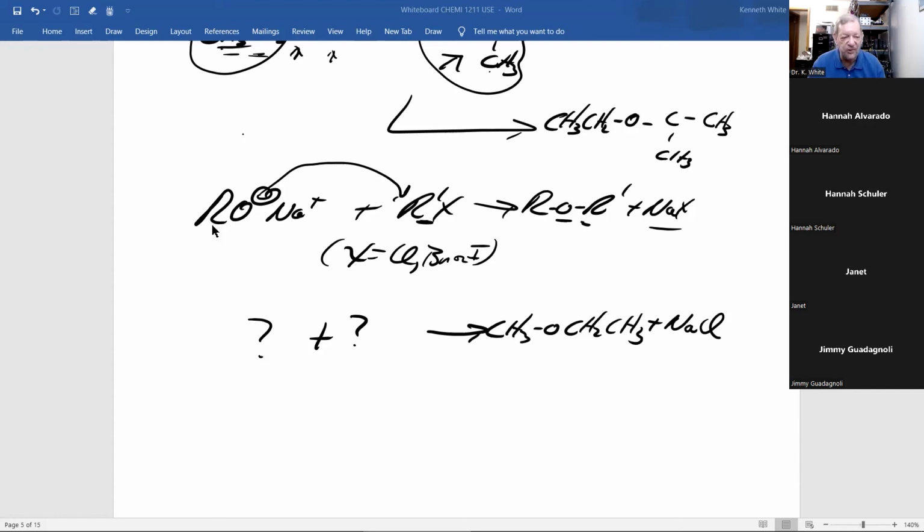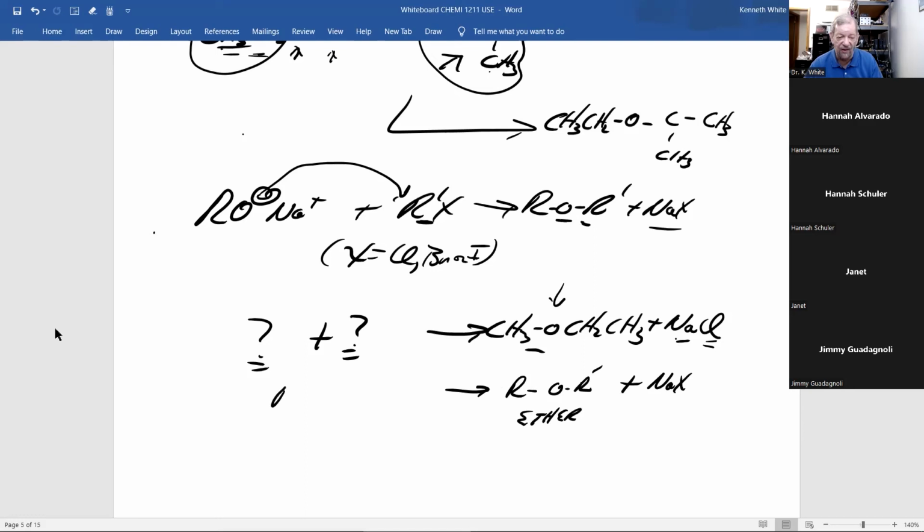All right, let's do this. Let's look at this. How do we determine what two things we react to make this plus this? Well, what is this? What's different? Oh, an oxygen with carbons here and here. And I'll call this R prime and R. And we have here sodium and the halogen, NaX. And what do we make? This is an ether.